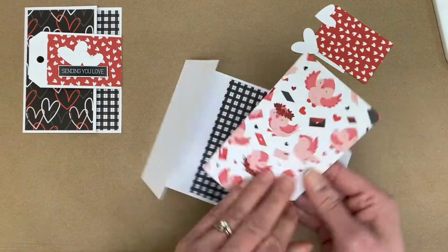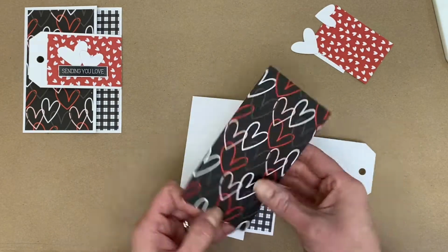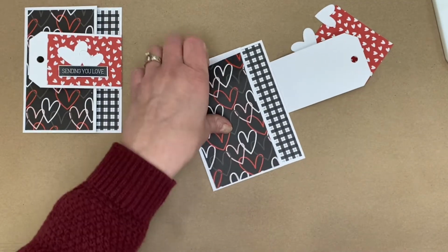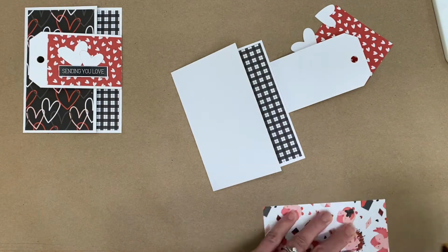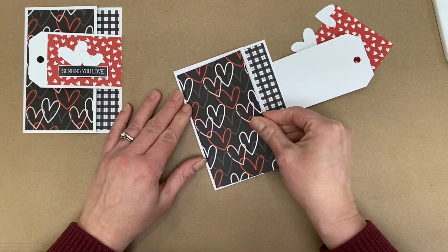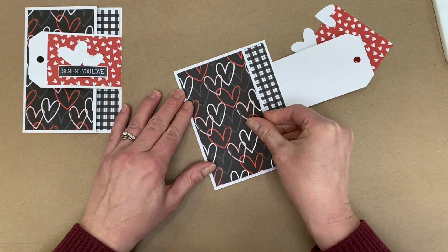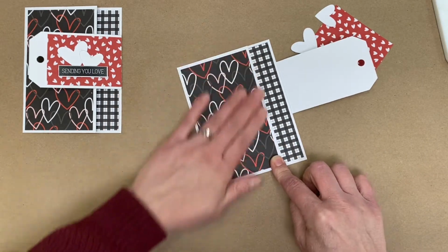Have this heart paper. This is on the other side. If you like that too, you're always welcome to use that, but we put down the multicolored hearts right there. And that will also have the same white border. Whoops. Okay,